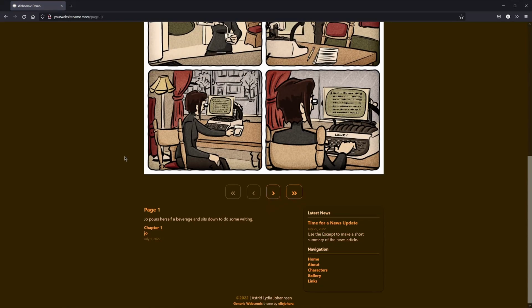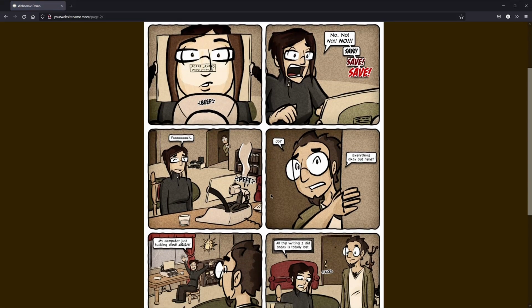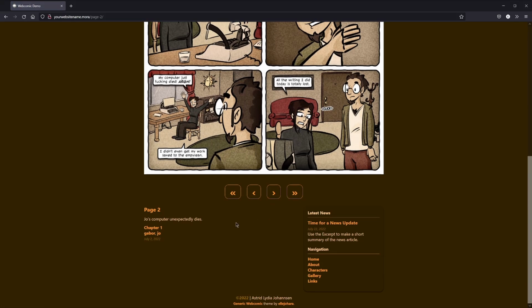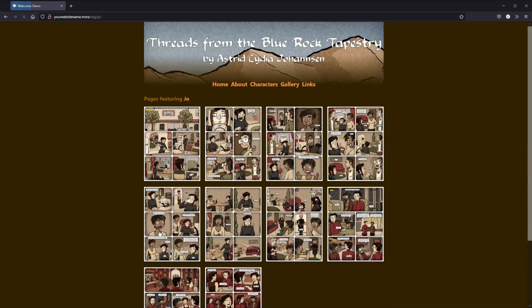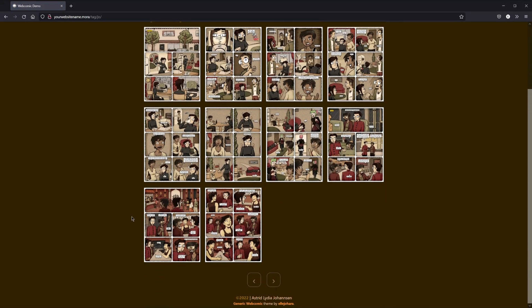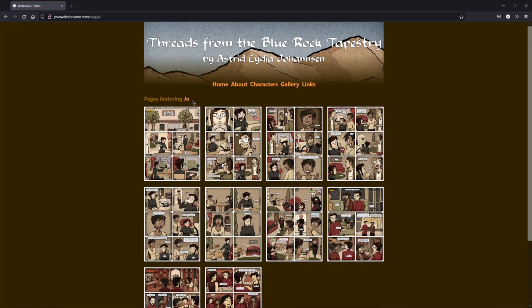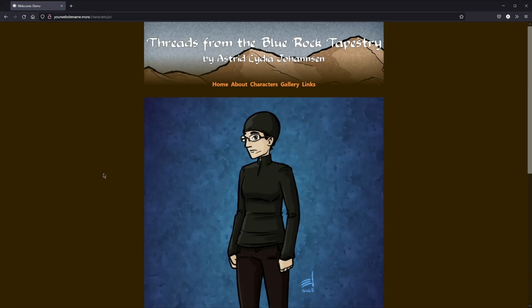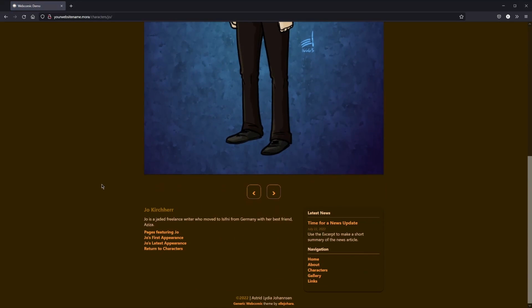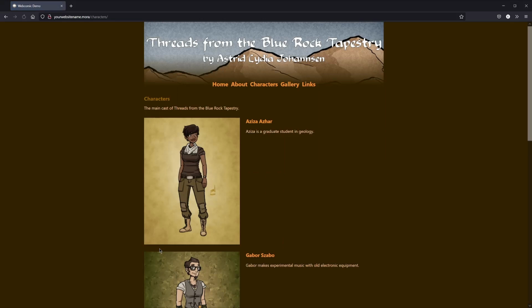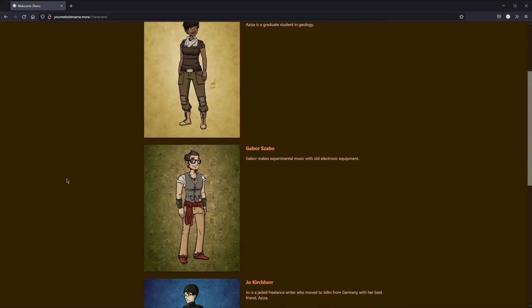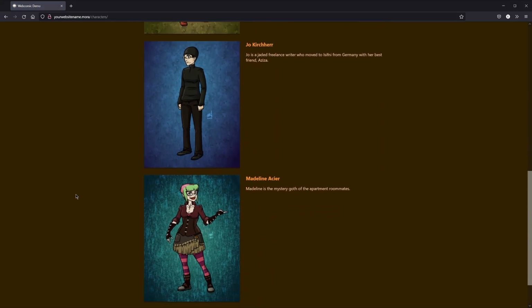Page 1. Page 2. Character tags. Very nice. Click on Joe. There's Joe. Go back to characters. Okay, looks like everything is working.